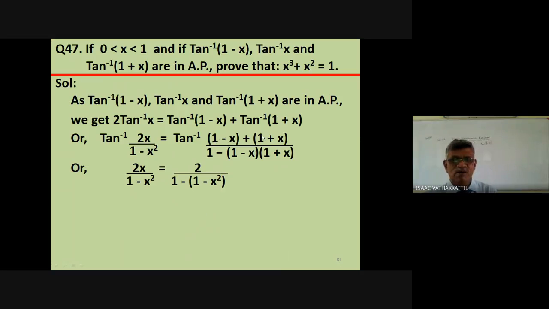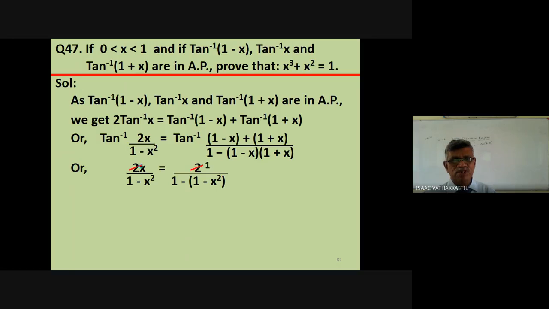Simplifying this becomes 1 plus 1, 2. X goes divided by 1 minus x squared. I did this together. Tan inverse x equal to tan inverse y implies x equal to y. And this term I simplified as x cancels and 2 by 1 minus x into 1 plus x is 1 minus x squared. I hope you are getting it clear. Tan inverse is a one-to-one function, so we can apply this.